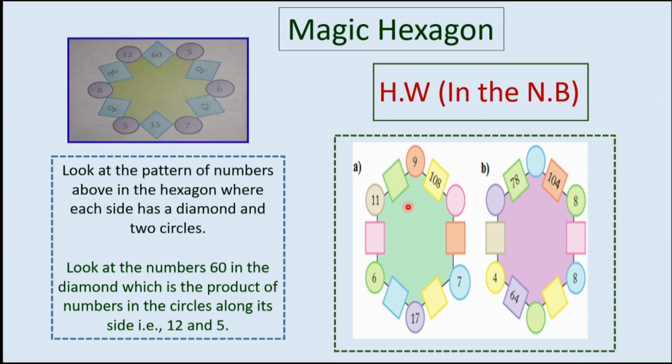This you are supposed to do in the notebook. What number will come here? After that you are supposed to multiply this and this number. The final product will be written here. After that multiply these. Answer will be here. After that multiply these. Answer will be from these. Answer will be here. Like that way only do this one. Sorry, do this. These numbers you have to solve.